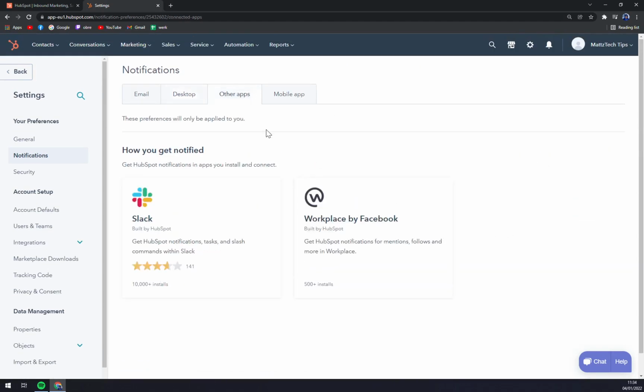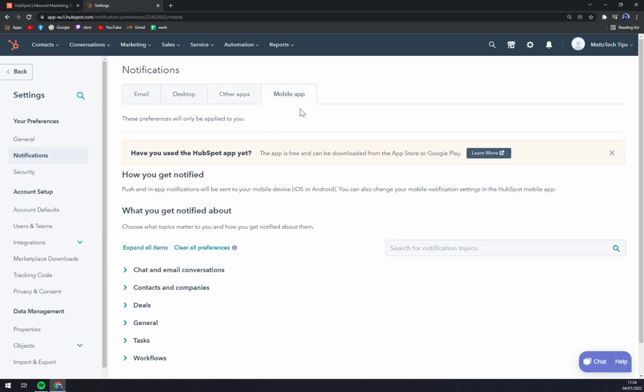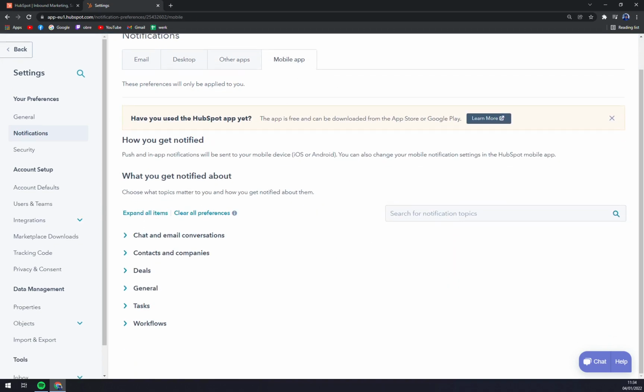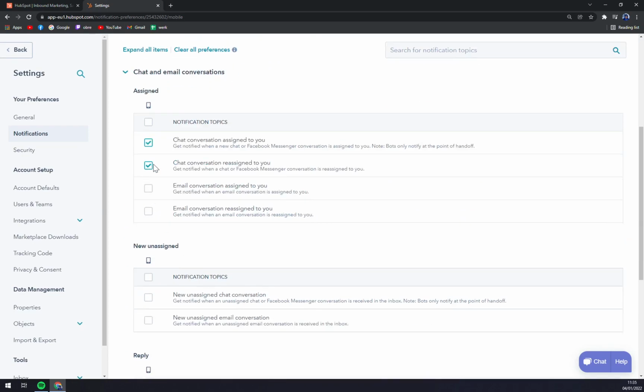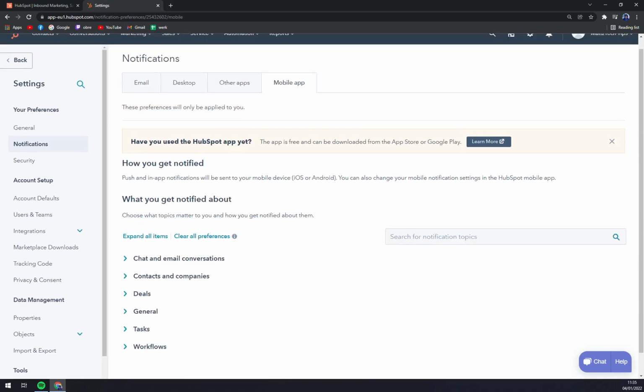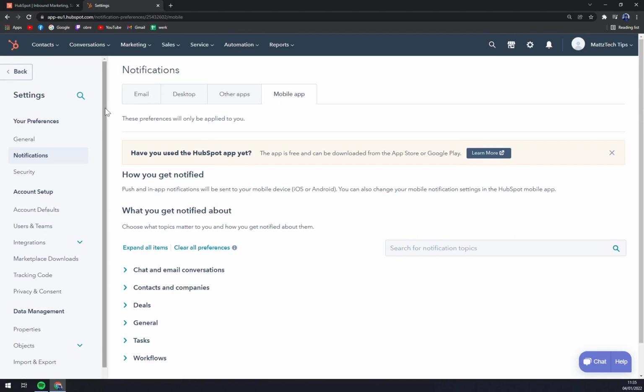On other apps, you can integrate it with Slack, which is a very nice option. Then you'll be micromanaging it in Slack. And in the mobile app, it goes the same way. You can just scratch it in or out of the mobile app options. And that's about it,